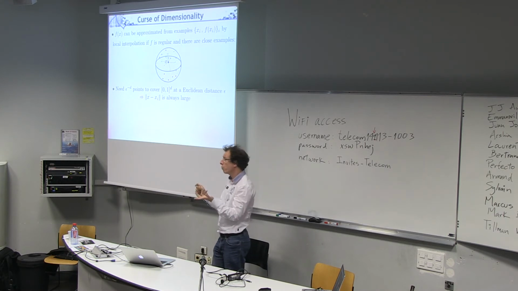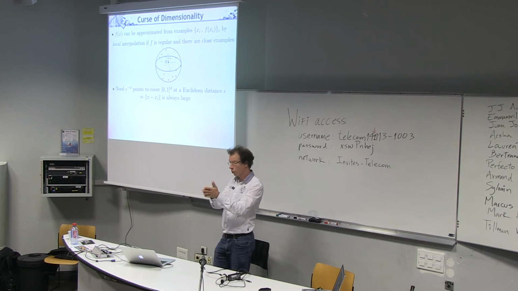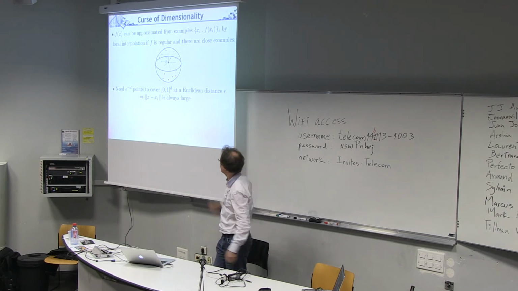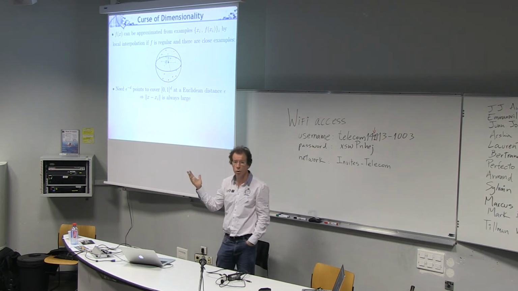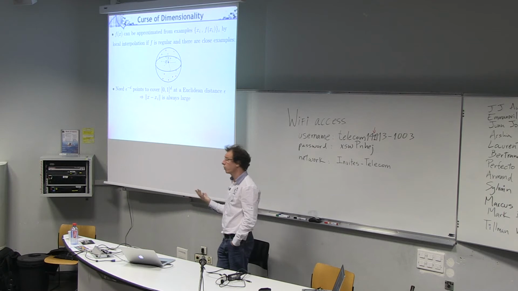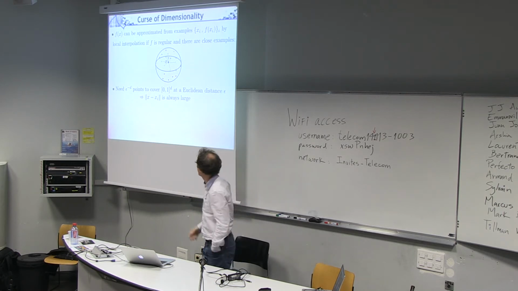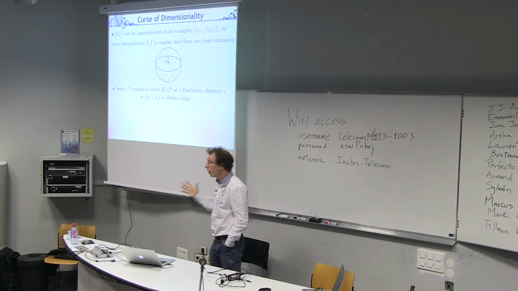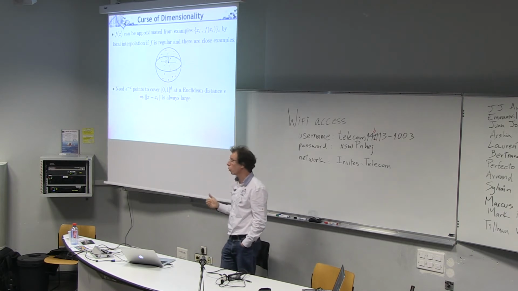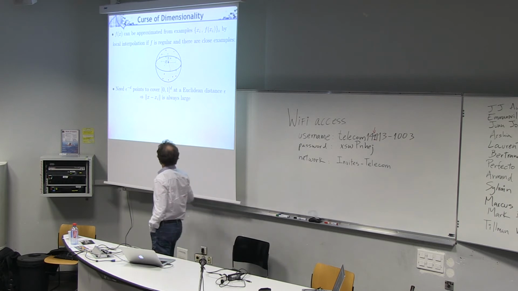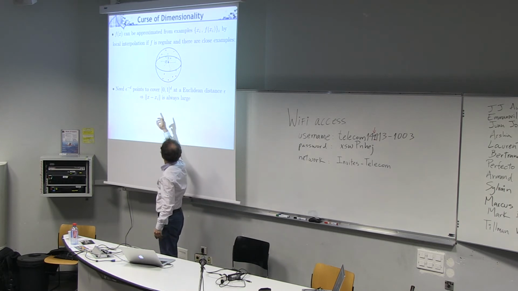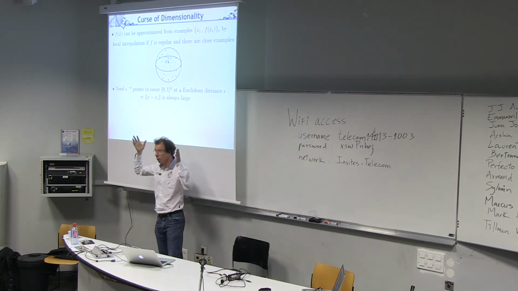So imagine epsilon is 1/10, so that you need 10 examples to cover 0, 1. In dimension d, that will make 10 to the power d. If d is 100, 10 to the power 100, that's already the number of atoms in the universe, okay? And 100 is very small. An audio signal will be 10 to the power 4, so there's no way we can have examples which are close. That means that if you take an example x, there will be no xi which are close relative to